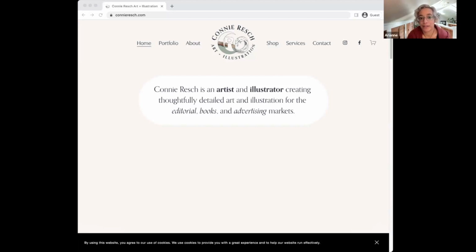I don't know. Is the shop most important? Are your services most important? And I know a lot of artists will maybe do all three things and they're kind of weighted equally. But if that's the case, I think I'd pull the three ways people can pay you over on the left, probably shop, services, and portfolio, and make them maybe a little more action oriented, because you have people who can hire you for your services and you can have people who can hire you editorially, I assume.